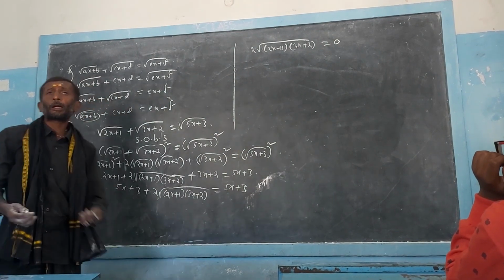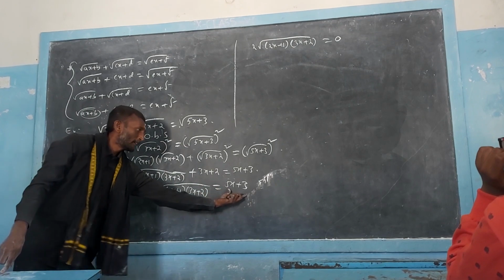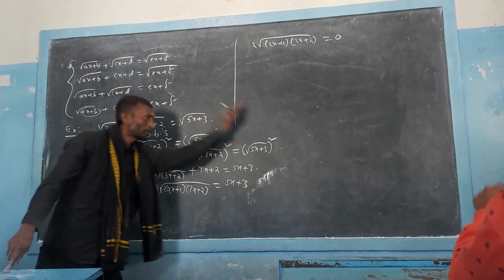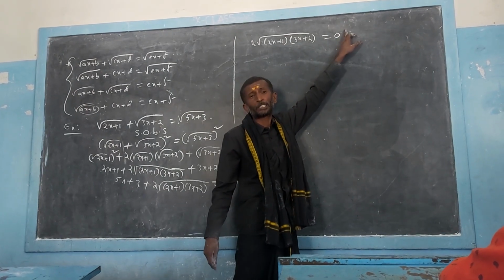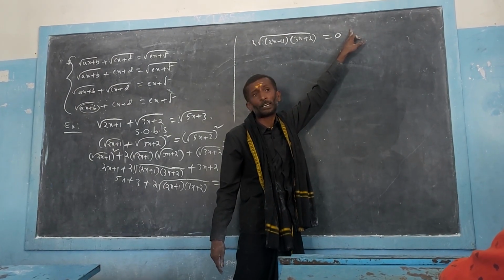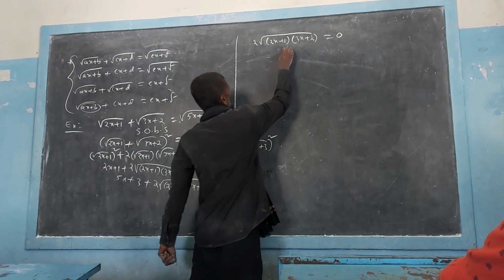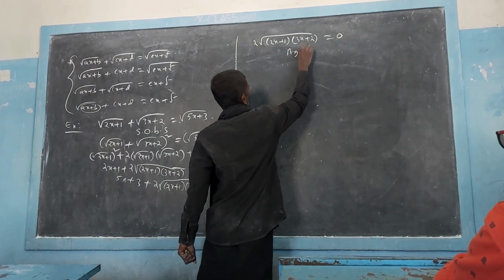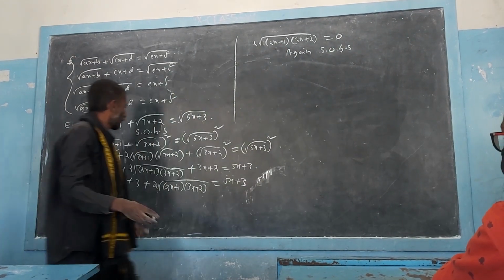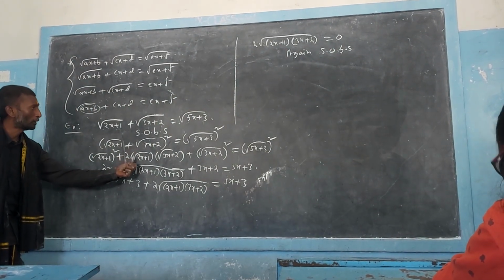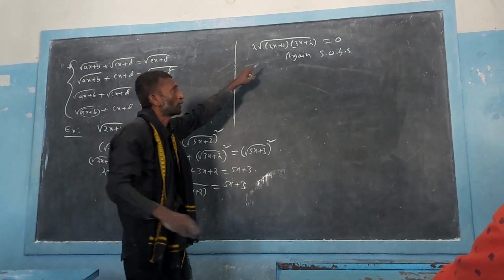In other types of problems, if I take another number like 6x plus 4, then we will send both terms to that side, and we may have some different terms also, like x plus 1, x plus 2, which will come in another example. Now what do we do in the next step? Again we need to take the squaring of the root. Why? Because again we have a square root here. In the term 2ab, root a and root b again come with the root symbol there. I want to eliminate that symbol also.